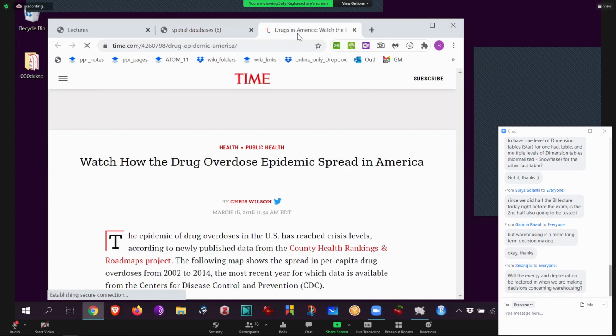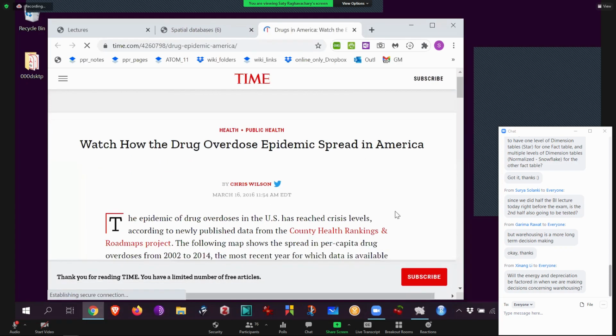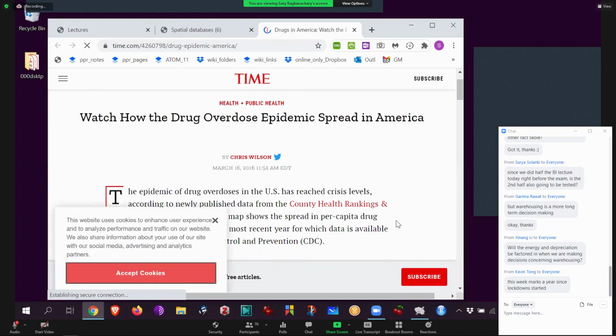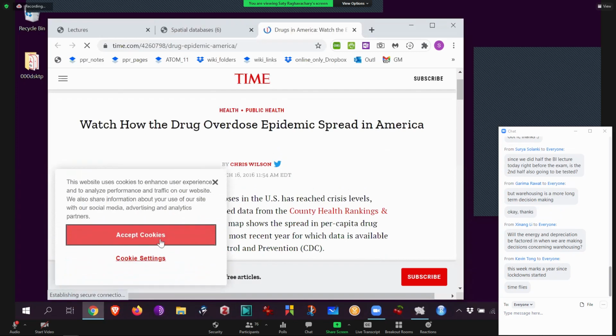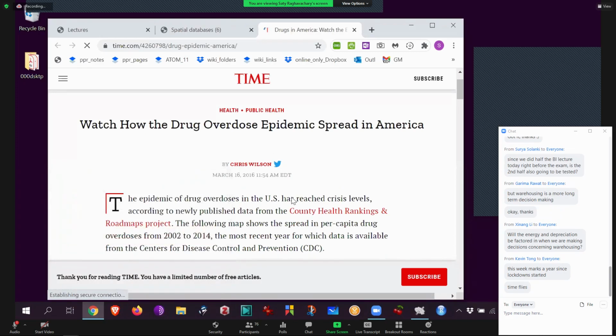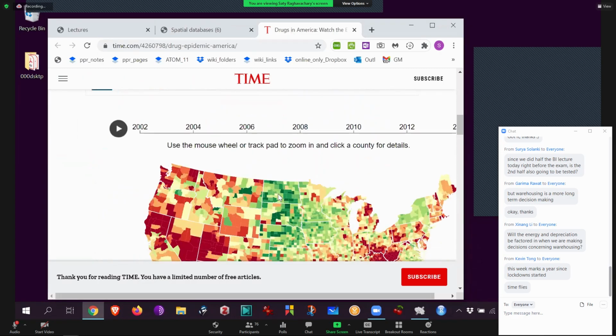OxyContin overdose deaths, because there was a company called Purdue Pharma, and Purdue Pharma invented this most addictive painkiller pill called OxyContin, which is fine. Painkillers are good. They have a reason to exist. But Purdue Pharma paid doctors, bribed them all over the country and said, overprescribe this to your patients so that they get addicted, right? And then just insane what happened.